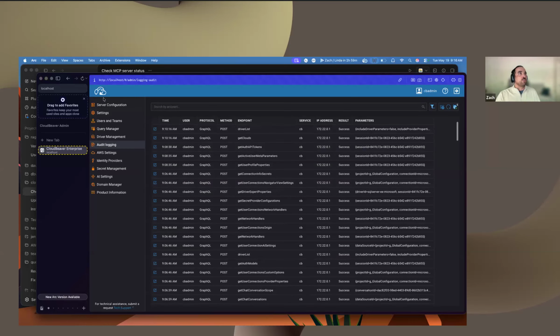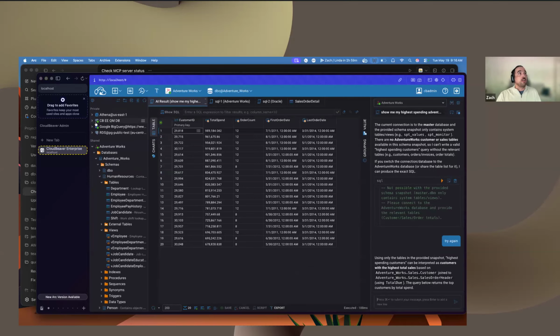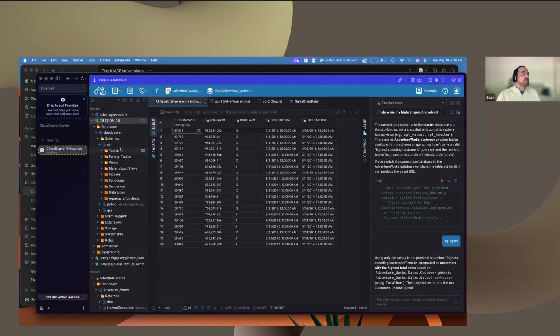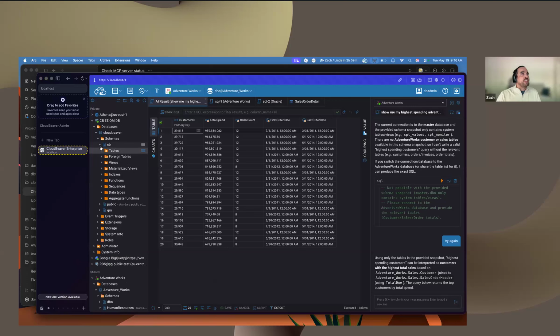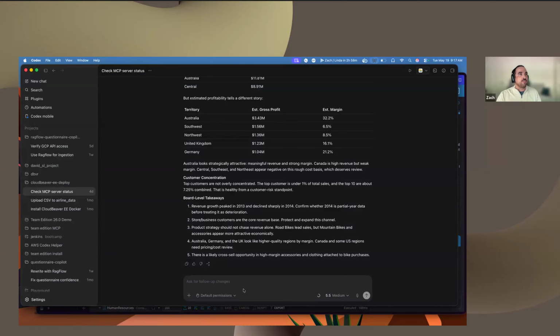But I'll show you something else cool that we can do with audit logging capabilities. We can actually plug into the CloudBeaver database using CloudBeaver, so we're getting a little bit meta. Then I can see all of the activity that's going on in the database, these access tokens, these auth attempts. And just to give you an example of the kind of insights that you can get from both the audit logger and your MCP server,